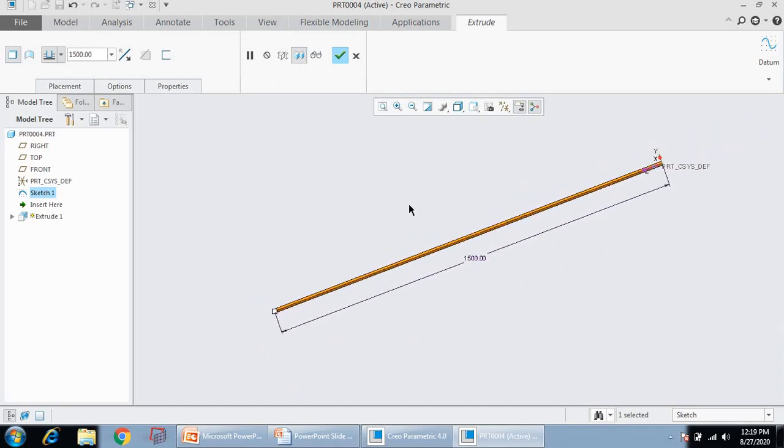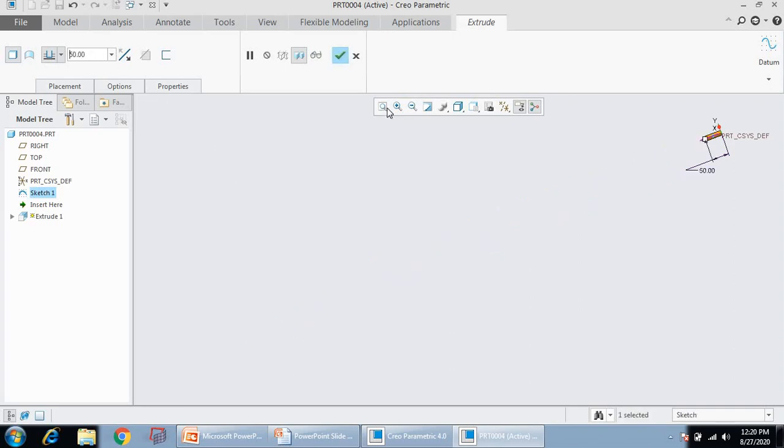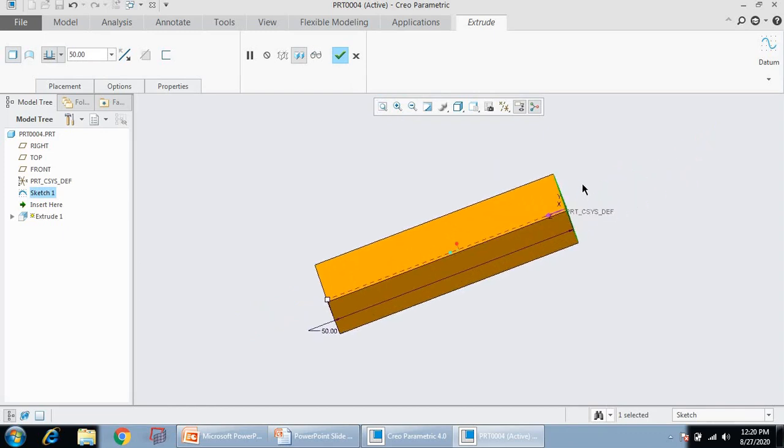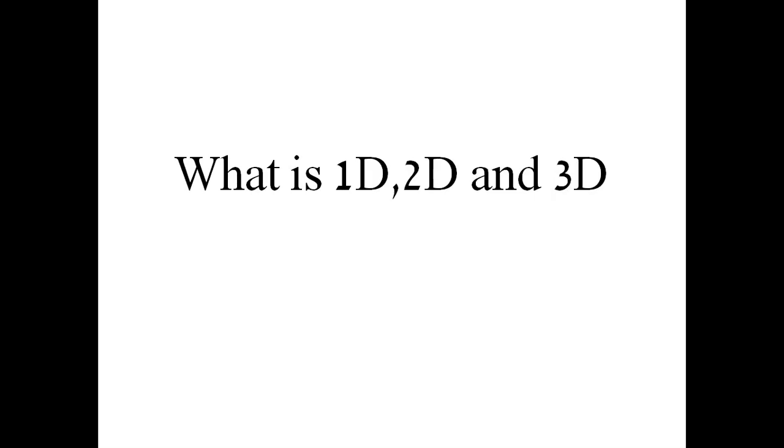So the question is whether it is 2D or 3D or 1D. See, as 1500 mm is a much bigger number than 10 mm by 10 mm, we can call it 1D, right? And suppose this depth is 50 mm or 60, 70 mm. Now it becomes 3D because all three dimensions are closer to each other, 10 mm by 10 mm by 50 mm. This is how 1D, 2D and 3D is classified.